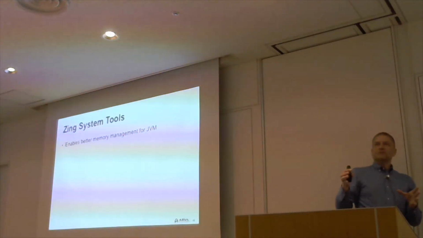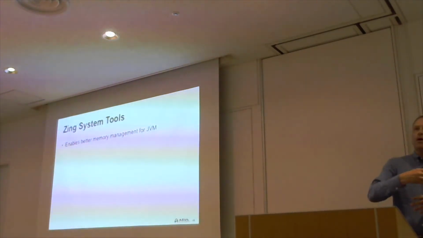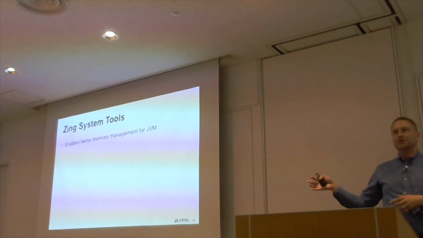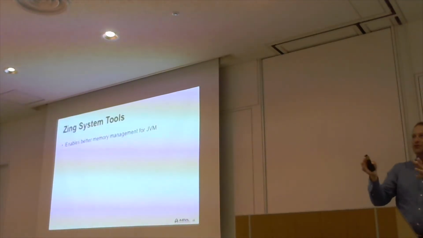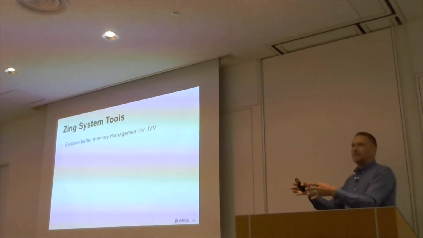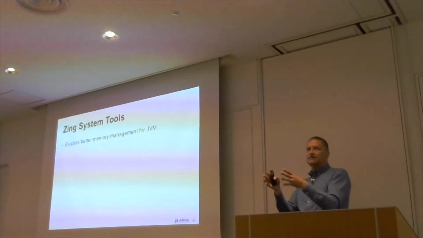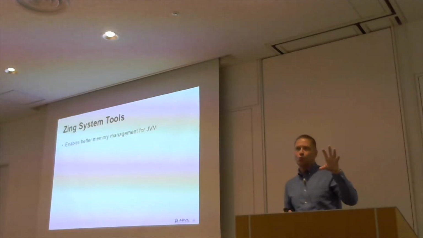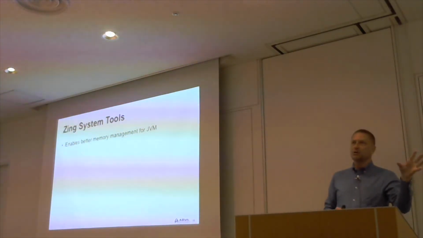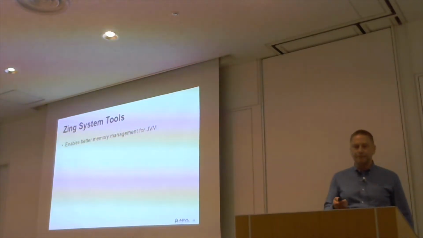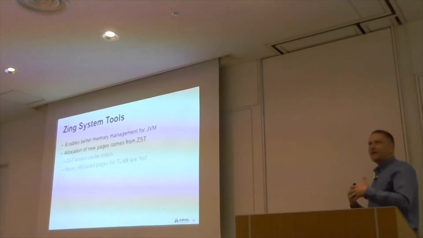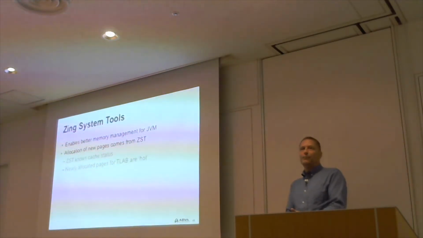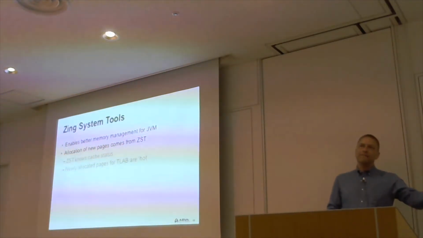The virtual memory system in Linux has been designed for a broad range of applications. So it's a general purpose virtual memory system. Sure, the JVM is a general purpose application, but it's a particular type of application. So what we've done is to change the way some of the virtual memory system works to work specifically with the JVM. What we can do is some clever things in terms of how we allocate pages of memory to the JVM.